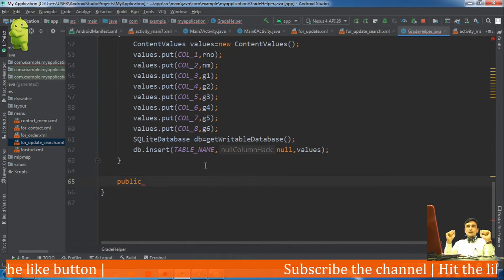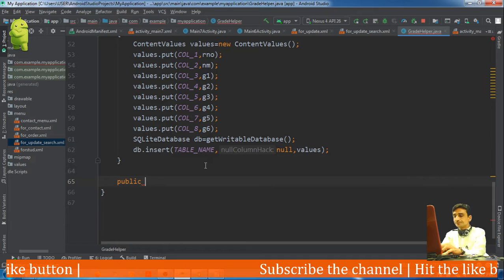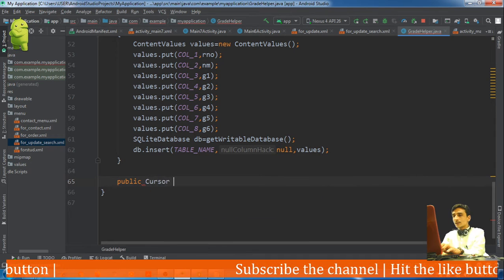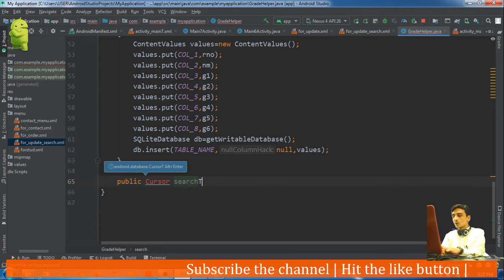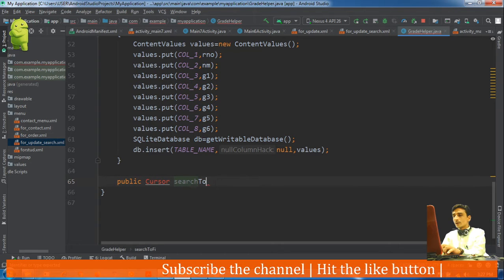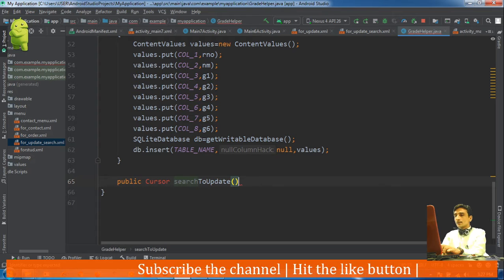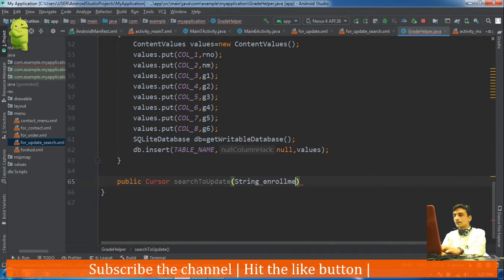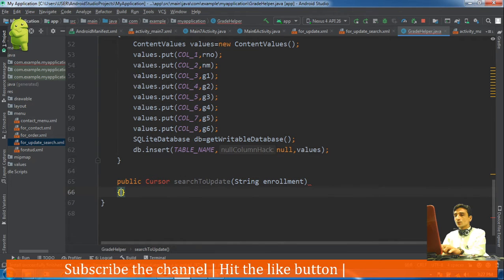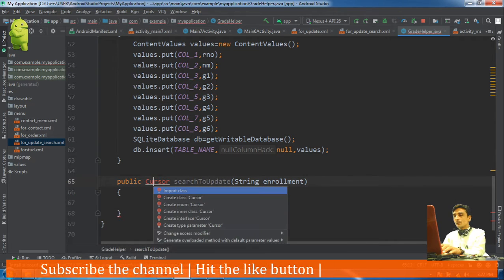Public Cursor searchToUpdate. Such a name we are giving to our method, and the argument is enrollment. Now Cursor should be imported.